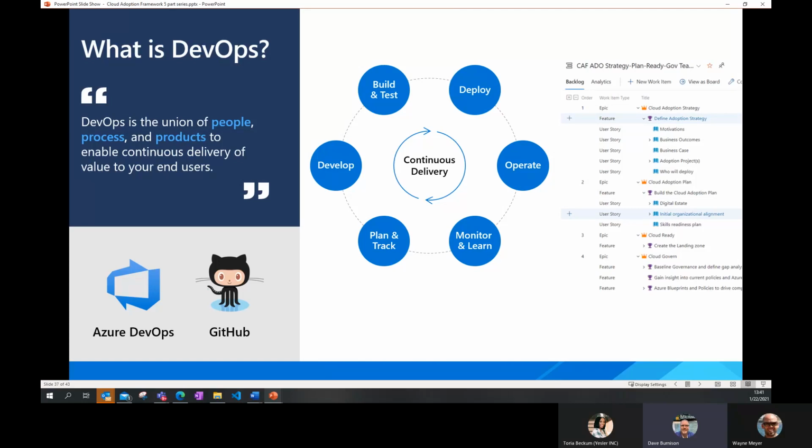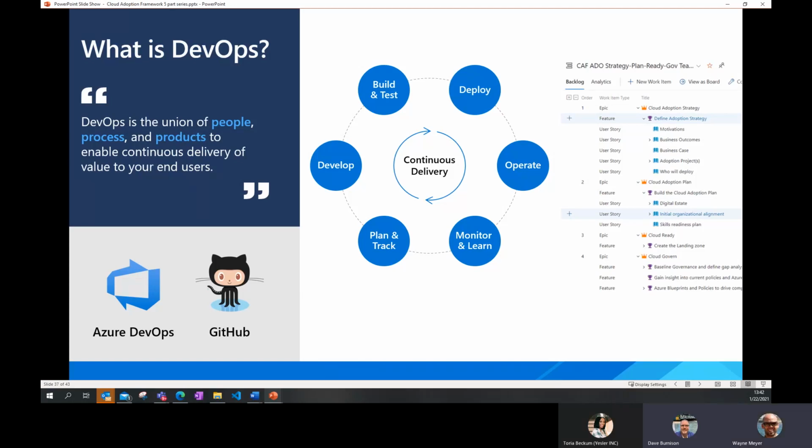In the past, you'd throw it over the wall to operations to install in production. But if operations didn't first tell developers, hey, we've got some new security requirements you have to take care of as part of the application, it's going to blow up the first time it goes into production. Or vice versa, if developers add a new library and there are new dependencies required for production, they need to communicate that with operations. But when you get everybody working together, those things go much more smoothly and much more quickly.